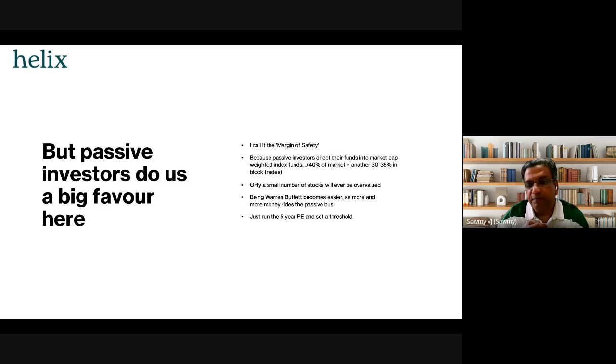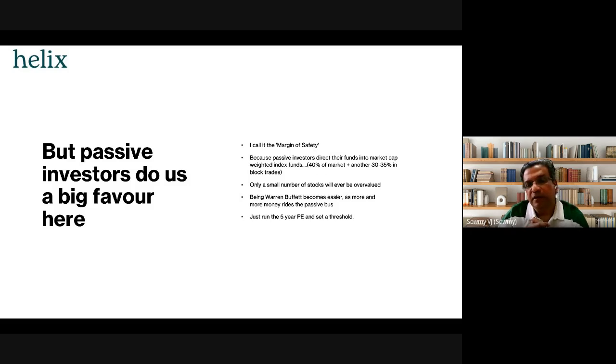So as an example, let's say you've got Fidelity and you've got Vanguard, right? So Vanguard is, let's say, offloading 100,000 shares, or maybe let's say 1 million shares of Tesla, and then basically Fidelity is buying that. So that sort of block trade is about 30 to 35% of the overall market in a year.